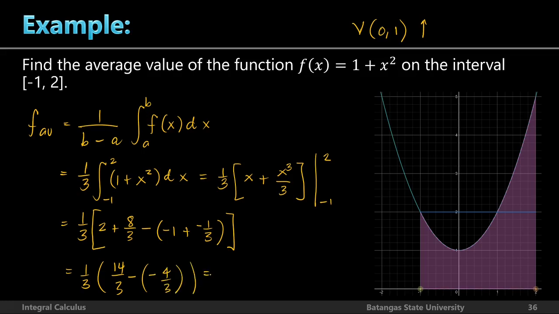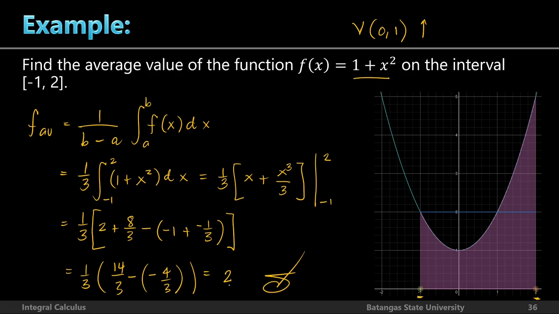Okay, now simplifying this, I will get 14 plus 4 is 18/3. Okay, 18/3. Tapos may 1/3 pa sa labas. So that's 18/9, and 18/9 is 2. Okay, so that's it. That means that the average value of this function in the interval negative 1 to 2